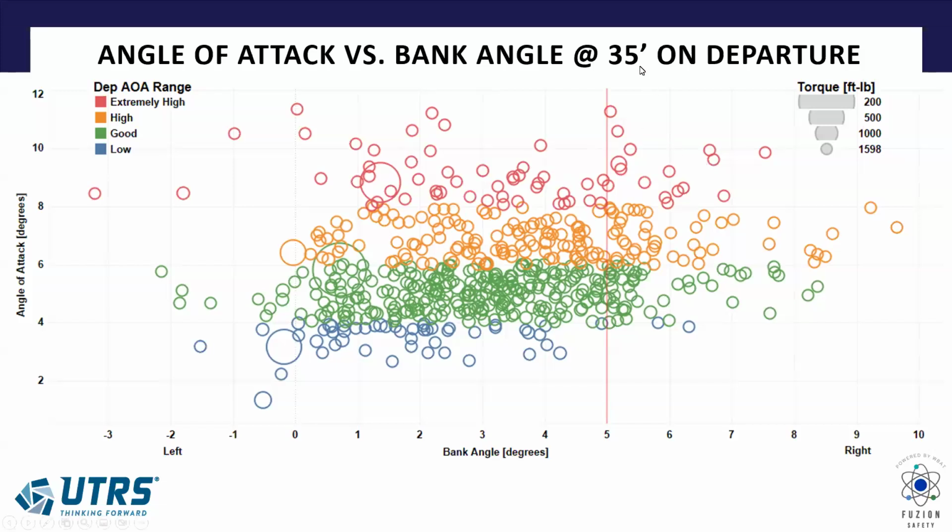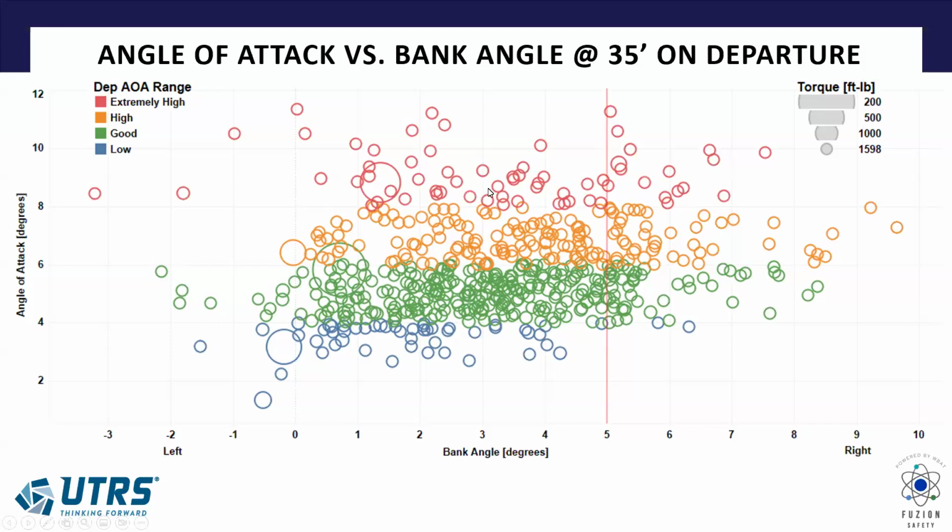This is just prospective, not a done deal yet, but this is what we're looking at: a prospective triggered event. At 35 feet, if you're already in more than 5 degrees of bank, it'll fire an event. And as you can see, there were none much more than 3 degrees to the left. So I think that's a good standard to hold ourselves to. Also assessed, and these values can change: the green is a good angle of attack range, below that is low, orange is high, and red might be extremely high.